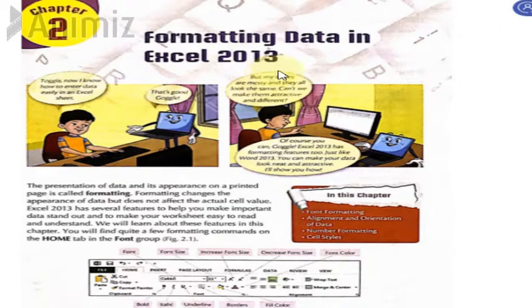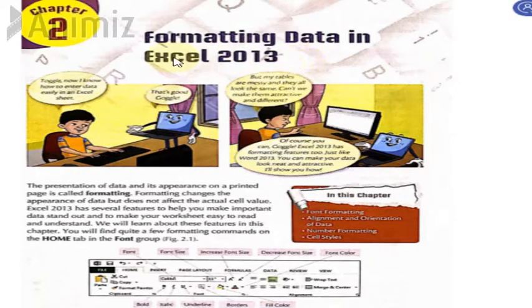So I've already told you what MS Excel is and how it looks. Formatting basically means the way something is arranged. So you can arrange data into different forms, in the form that you like. We are going to see how data is formatted in MS Excel, how data is rearranged or arranged, or how we can order it in different forms, in MS Excel 2013.